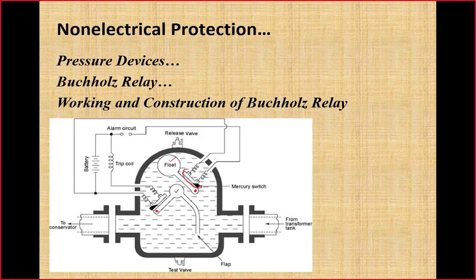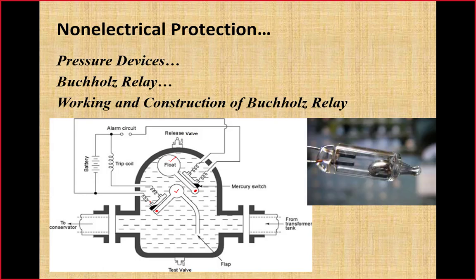You can see that switch over here. That is a mercury switch. So a mercury switch is installed on the shaft of this float as well as on this float. And what is a mercury switch? This is how a mercury switch looks like. So it looks like a simple casing where we have mercury, which is in molten condition at room temperature, and